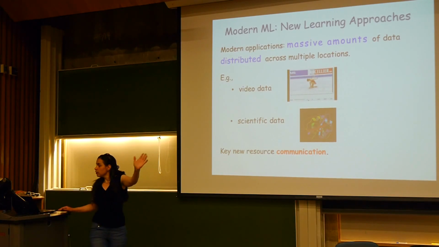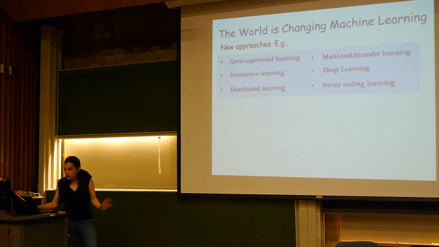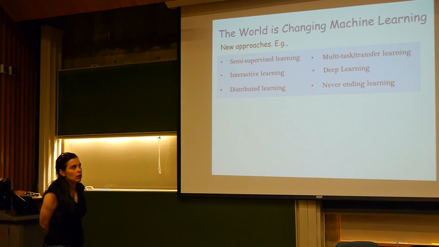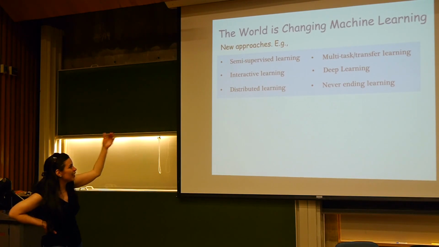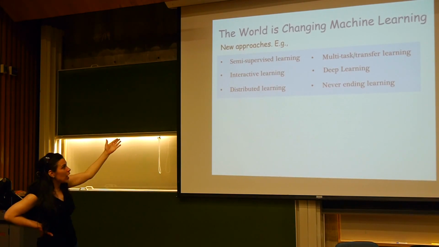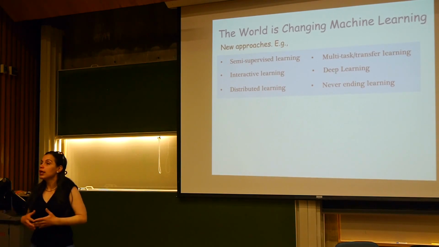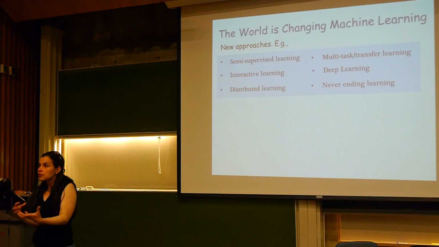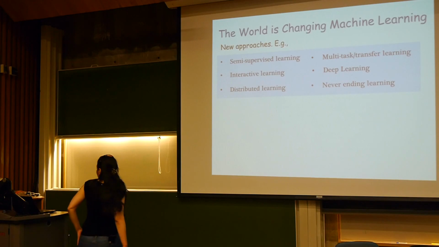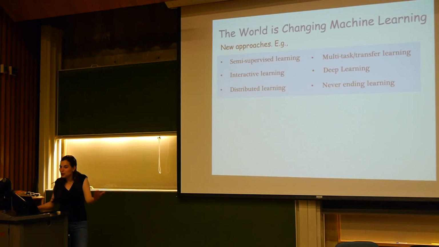And this interactive learning, or learning algorithms that most effectively utilize the available data, and also distributed learning, these are just examples of modern machine learning approaches that are widely researched these days. But there are many more, and for example, Tom talked about some of them, like never-ending learning and deep learning. There are other issues like multitask, transfer learning, where we want to leverage data from many related tasks to learn new tasks more efficiently, and so on. I think Tom will talk about that a little bit. Right, so there are many exciting new approaches that go beyond the classic paradigms we've been talking about throughout the course.